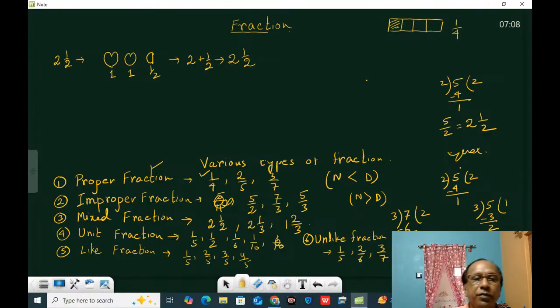Right? And in the case of a mixed fraction also, that is 2 whole 1 by 3. Suppose I want to draw this figure, 2 whole 1 by 3. How to draw this figure? 2 whole, I am taking 2 whole. Suppose I am taking in this figure,